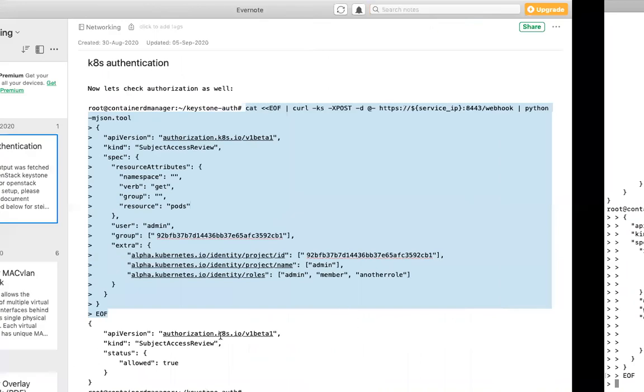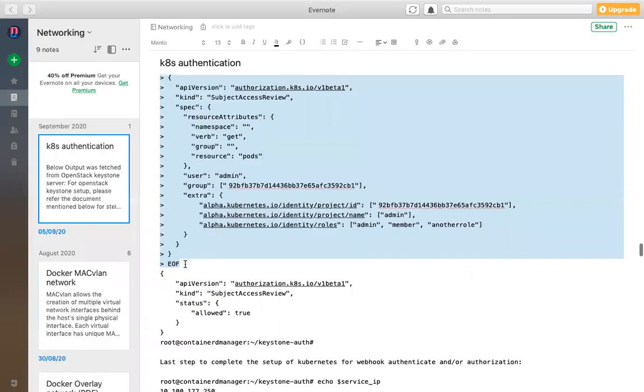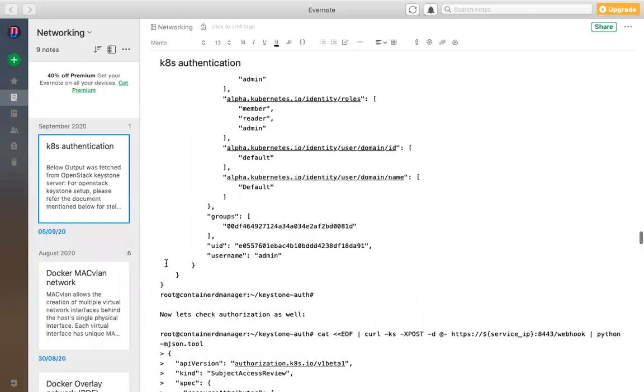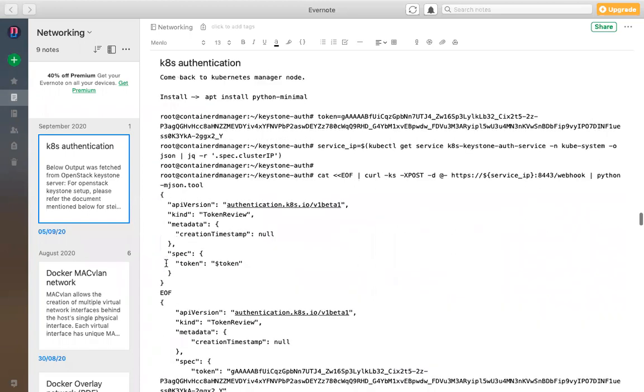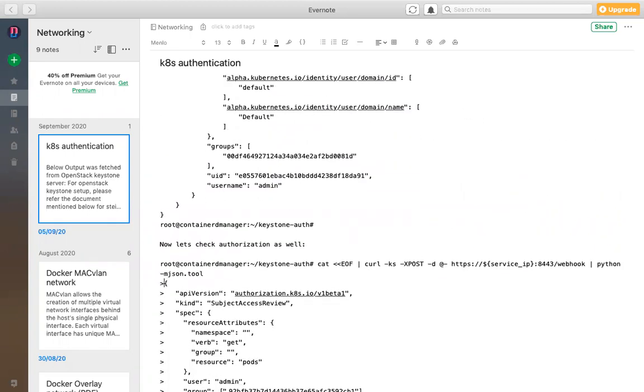Oh, I copied it like this. What I need to do is remove the spaces now. I need to remove 2 spaces.